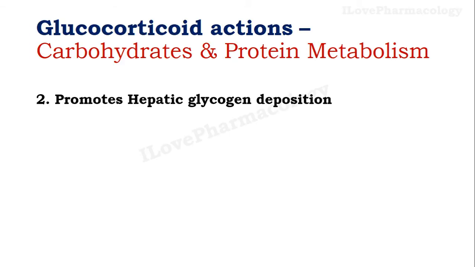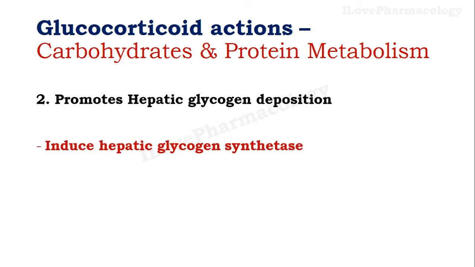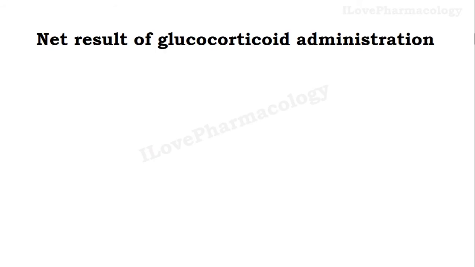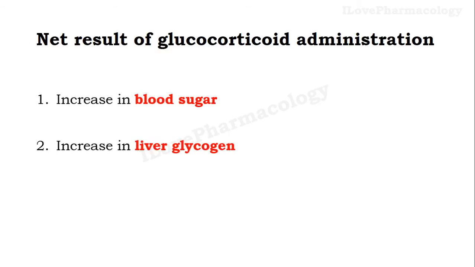Next, it promotes hepatic glycogen deposition. It's mainly due to the induction of the hepatic glycogen synthetase enzyme. So what will be the net result of glucocorticoid administration? It increases blood sugar level, it increases liver glycogen deposition and it increases the excretion of urinary nitrogen because